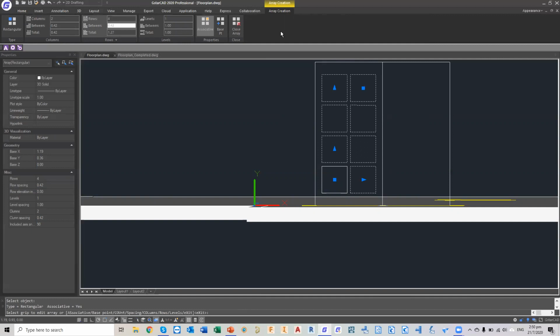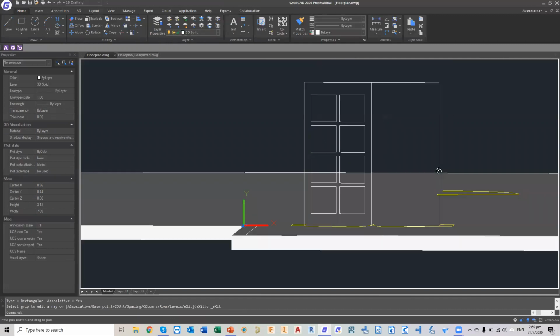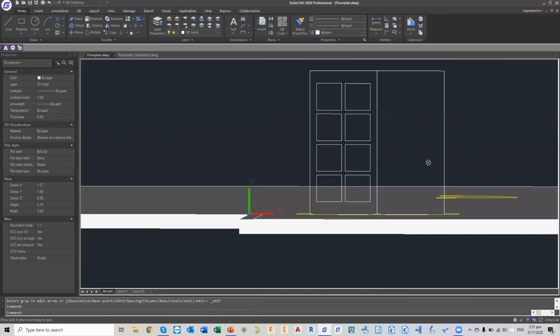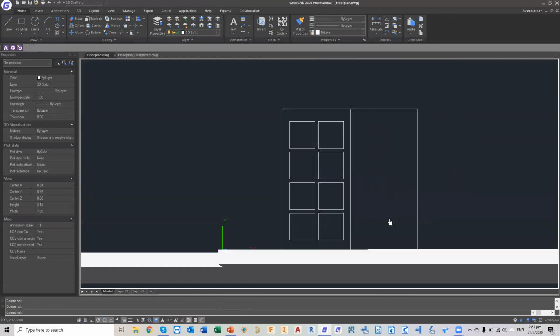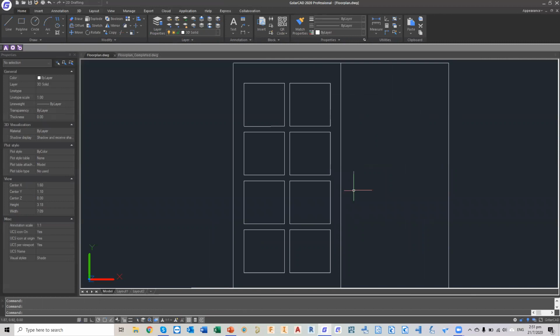And then I will close the array. Okay, so I have the door created, the shape. Now I will need to create the handle and the keyhole for my door. So I'm going to use the rectangle tool